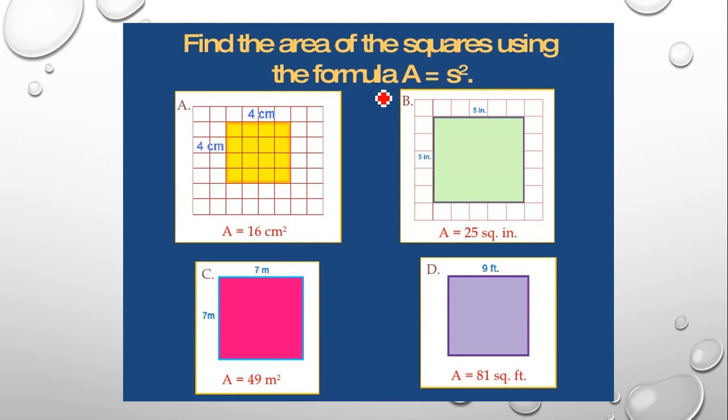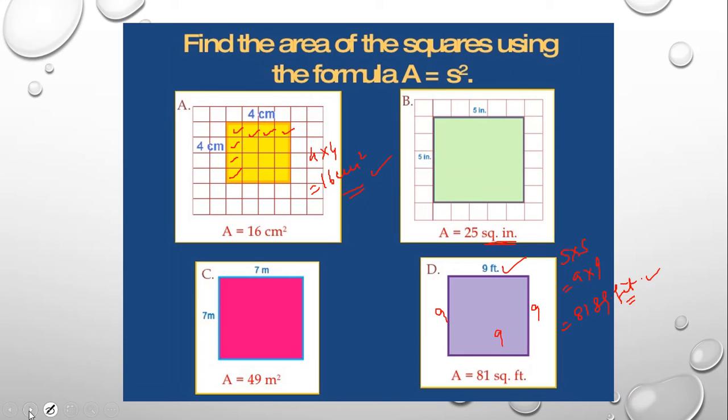Find the area of squares using the formula. So here side into side, how many squares? 1, 2, 3, 4. Lengthwise 1, 2, 3, 4. So side into side, 4 4s are 16 square centimeter, and this unit comes in squares. Here also side into side, 5 into 5, 25. Here, because this is a square, all sides would be equal, 9, 9, 9. So the area of square is side into side, 9 into 9, that is 81 square feet. What does it give in? Feet, so that will come in square.